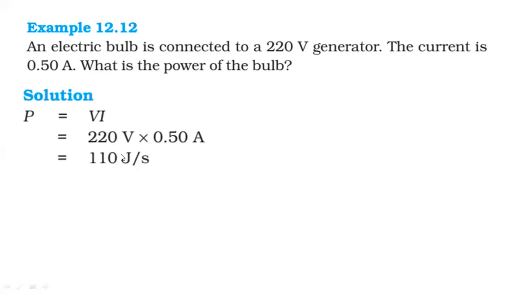Joule per second. Why have they written joule per second? Because that is the usual definition for power, that is work by time. But in place of joule per second, you can write watt directly. In the textbook, they have given joule per second, but there is no need. You can directly write W there. This third step is totally not necessary. So you just multiply and write W at the end. That is watt.